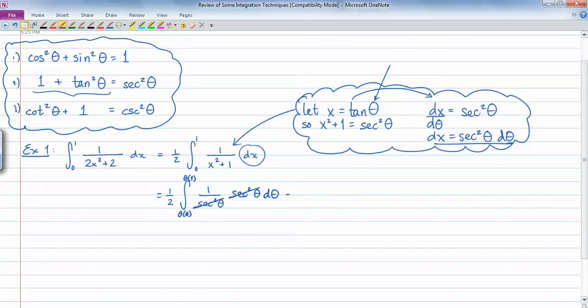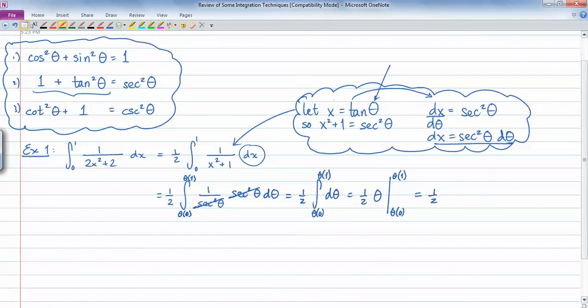So what I've got right now is 1/2 the integral from theta of 0 to theta of 1, and it's just d theta right here. So that's going to turn into 1/2 theta from theta whenever we plug in 0 to theta whenever we plug in 1. And then if I switch back,